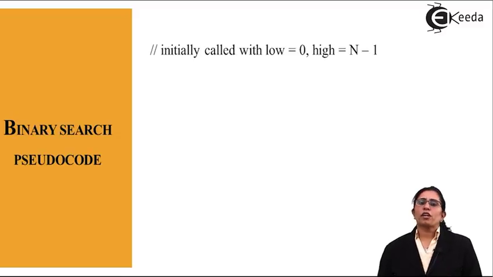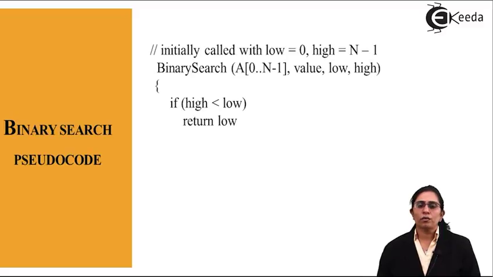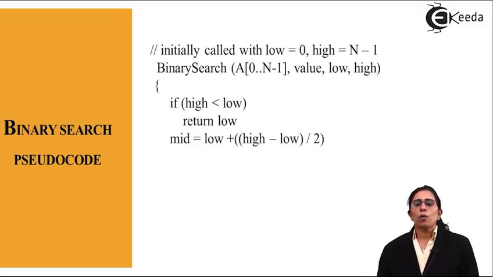Now we call this particular function binary search, which goes from array A 0 to n minus 1. The value to be searched, and the low and the high of my array are passed. We start. If high is less than low, then we return the low value. Mid is equal to low plus (high minus low) by 2. That is the normal way of finding the mid of the list, and then we keep on checking whether mid is